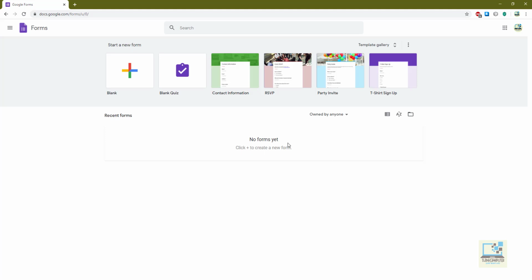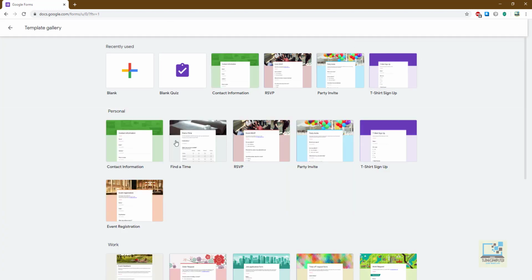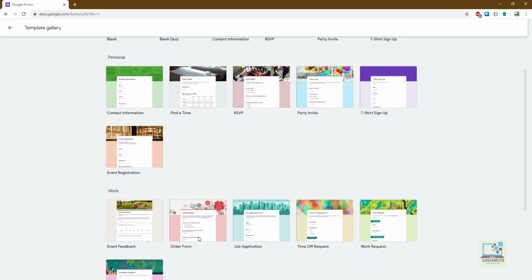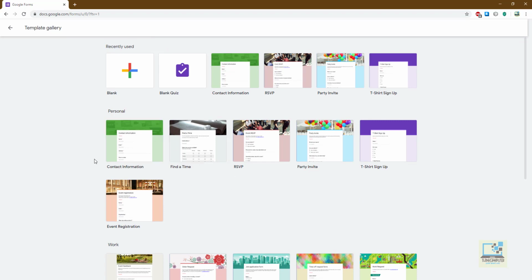At the left hand side we have direct access to Google Docs, Google Sheets, Google Slides, Google Forms and Google Drive. The Google Form, as I told you, can be primarily used for creating any kind of event registration or any kind of online quiz, online MCQ test and many more. It already has a template gallery which can be used to create any online form in less time. So we can be using any one of these online templates.